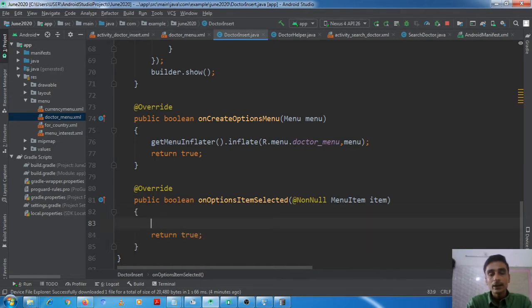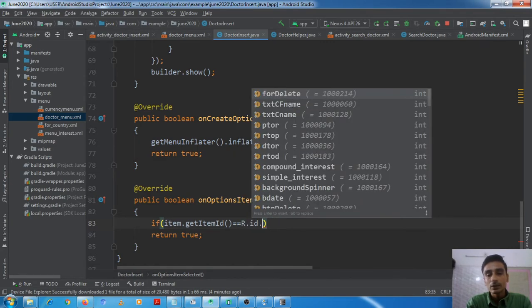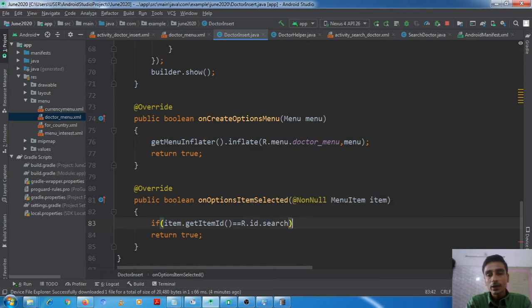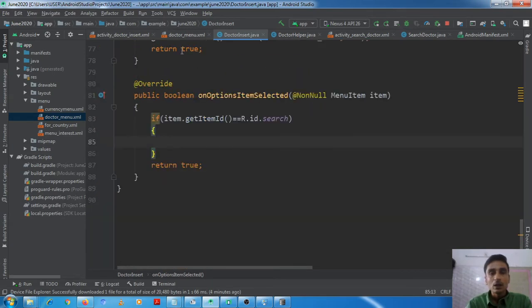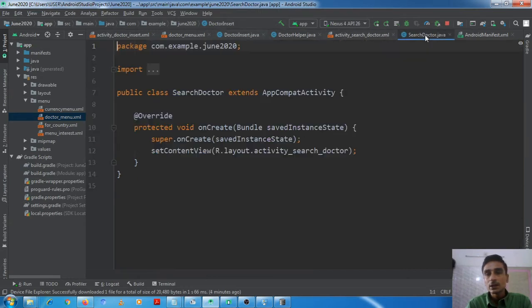Okay, and here we will check the item ID. We know that there is only one item, so no need to check, but still we should have this habit, R.id.search. Okay, if it is, then what will we do? Now we should have another activity. Yes, SearchDoctor.java.